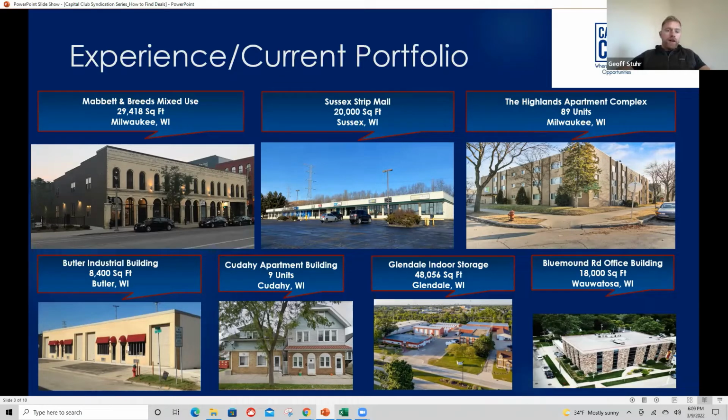But we're scaling up. Our most recent acquisition is a mixed use property in Walker's Point in the Milwaukee area, a couple blocks from a condo that I have as well. We love the area and we're going to try to buy more there. It's been a phenomenal deal for us so far. And like I said, next week we're going to be adding another big one to this slide.